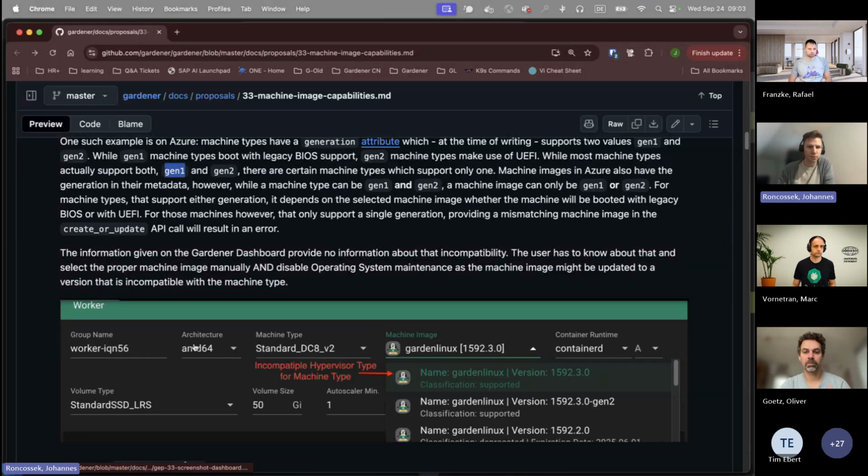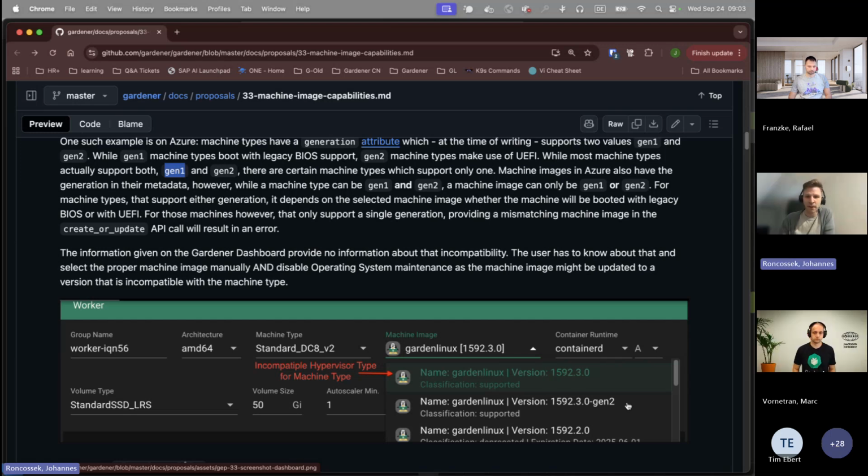And currently, users that create shoots, they select a machine type. They can choose the right architecture, and also the images get filtered by the architecture. And then he has to choose an image. And this looks like this. He can choose some version or some version with a suffix. And this is the way how we currently manage to get different type of flavors of one machine image versions